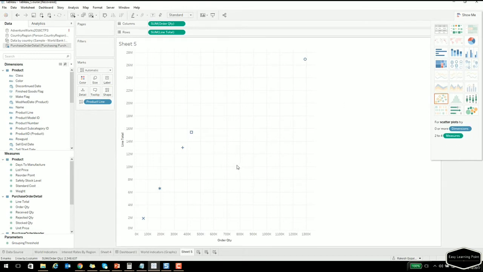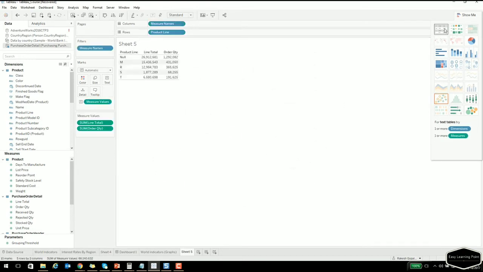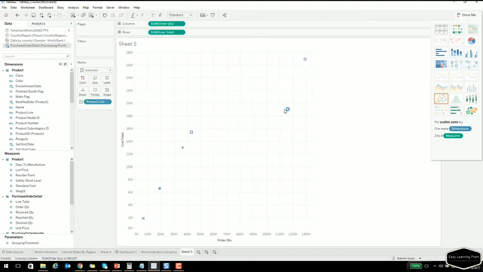So some cool stuff, and then you can visualize the data in a tabular format as well. So this is the product line, this is the line total, and I've just converted that into a scatter plot, right? So it's pretty cool to look at these different things that are provided by Tableau. Now,